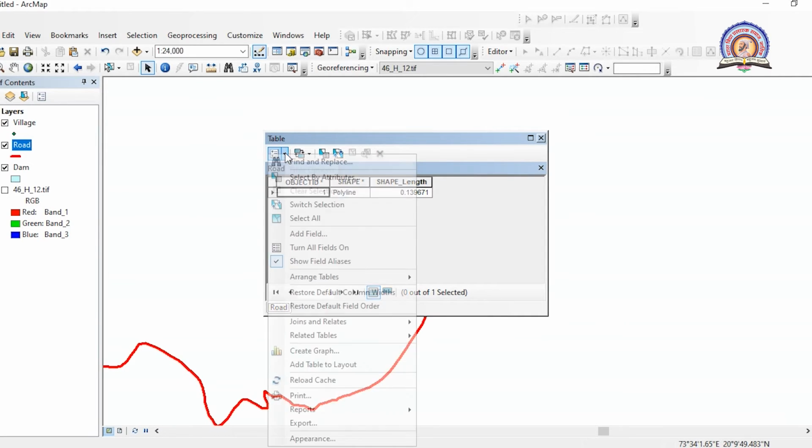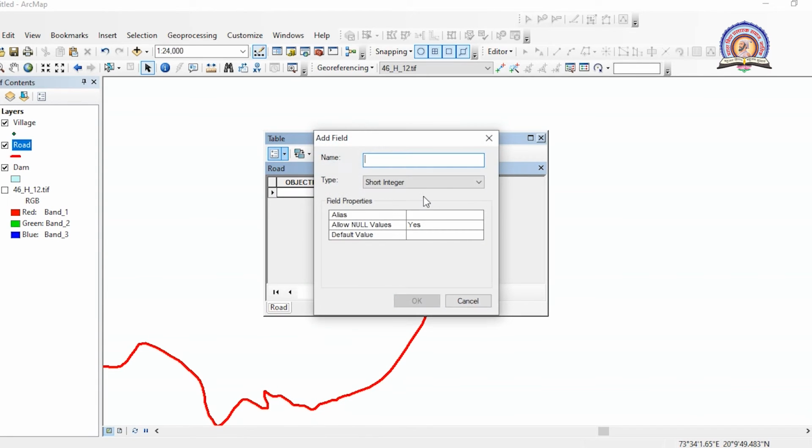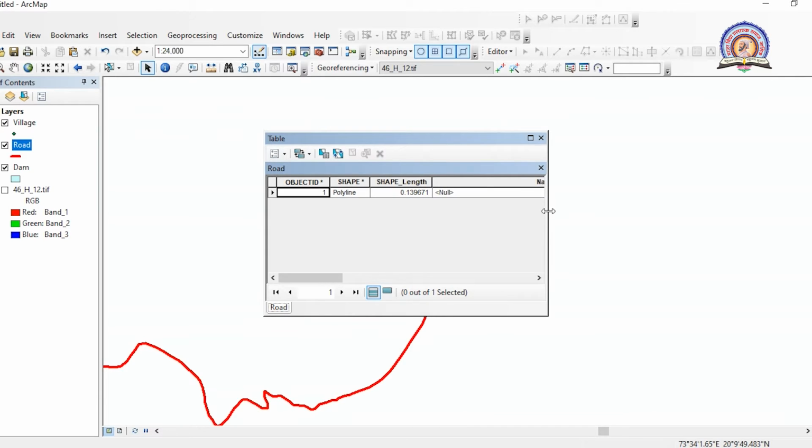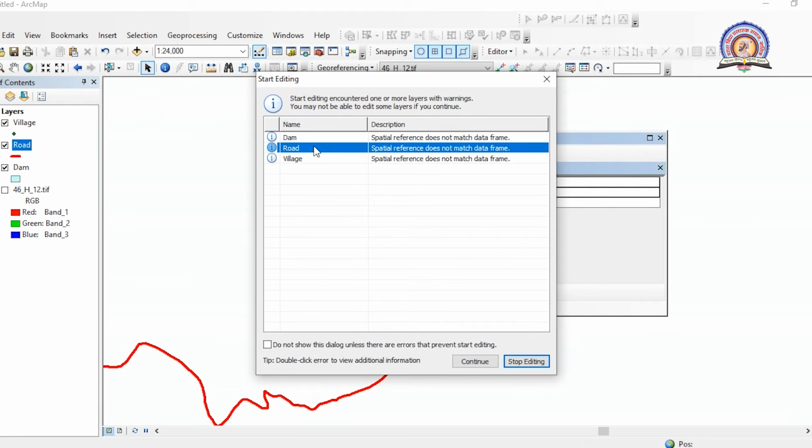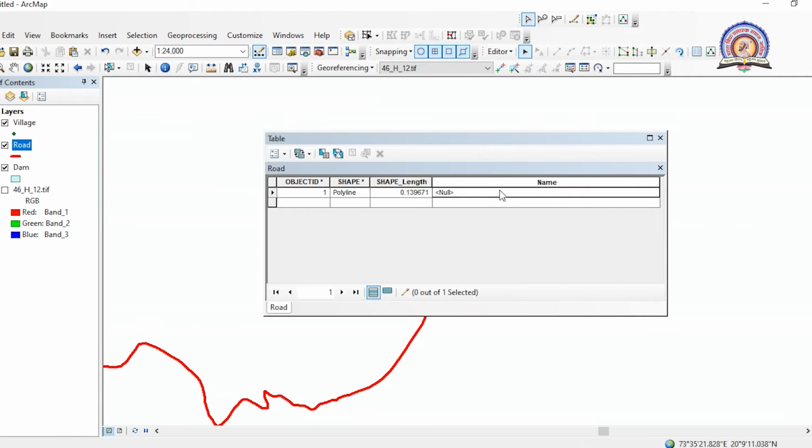So by simply opening the table and using add field, I can add a column over here, and I can select text. So a new column is added with the name, and here by just simply starting the editor I can give a name to this road.